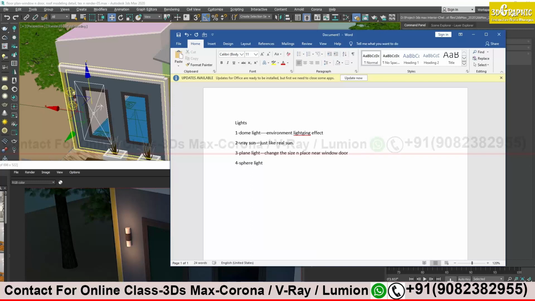Like some light is coming inside my room through my window, no? To create that effect, we need plane light, because most of the windows are rectangular only, and my plane light is also a rectangle, so it is very helpful in those kinds of situations.